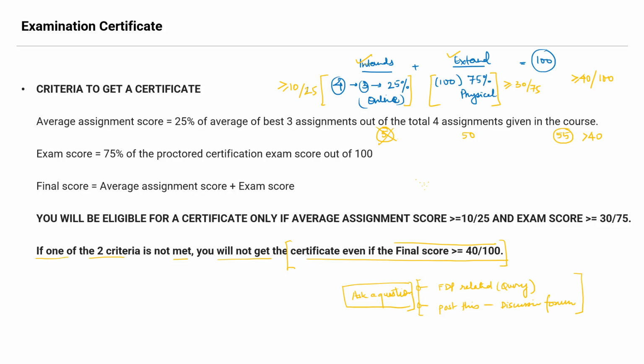Suppose I attend all the lectures and submit all the assignments and satisfy the criteria for assignment. For example, if I score 15 marks out of 40,